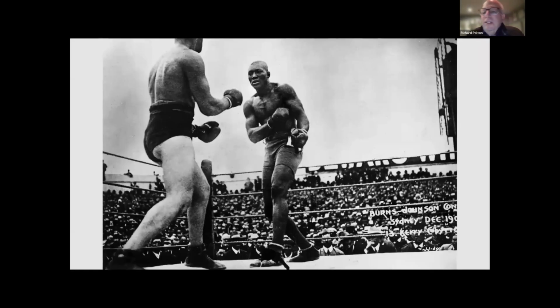Let's put boxing into some context in the early 20th century. The era's professional boxing champion and historic personality, of course, was Jack Johnson, the first African American fighter to win the national heavyweight title. He captured the crown in December 1908, just a few years before Barbour won the amateur championship. In the words of Ken Burns in his documentary, Unforgivable Blackness: The Rise and Fall of Jack Johnson,